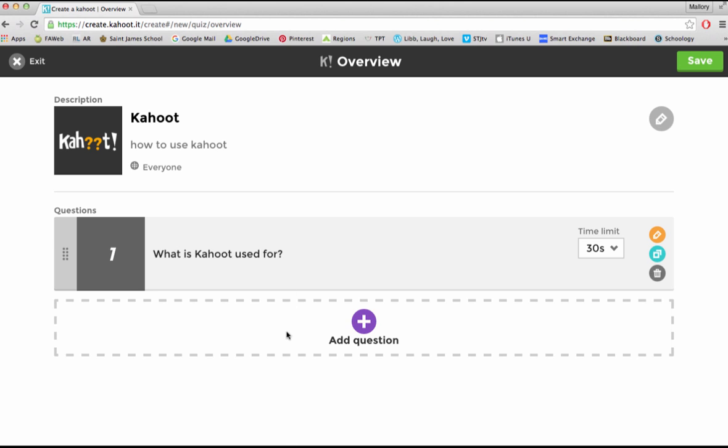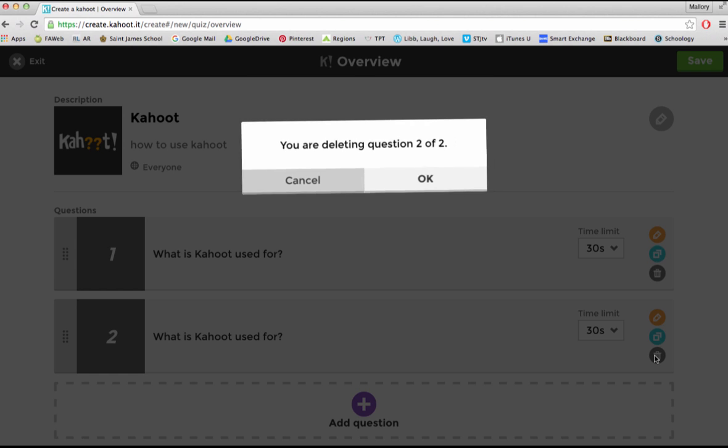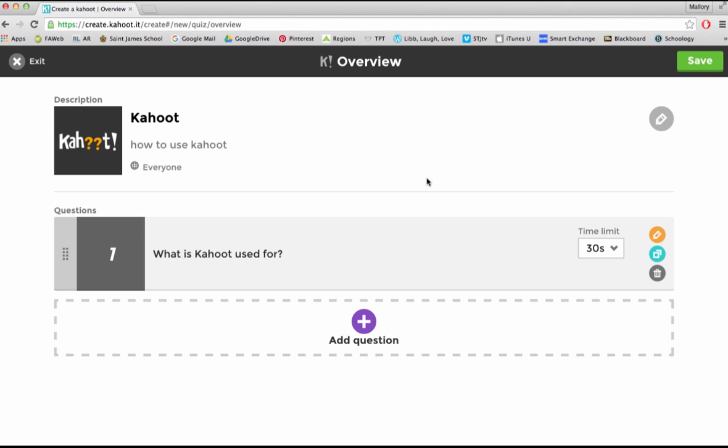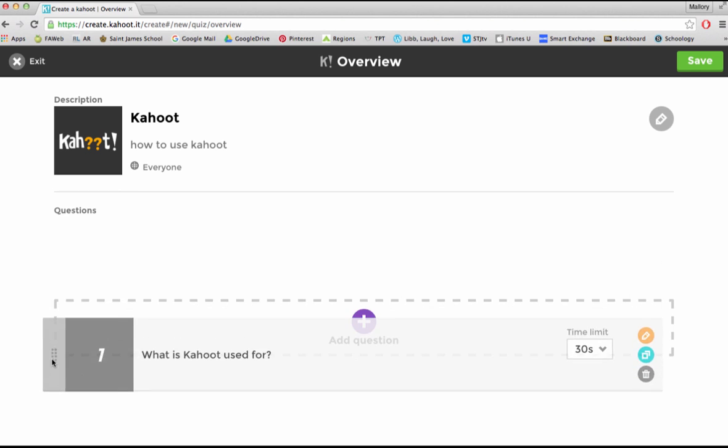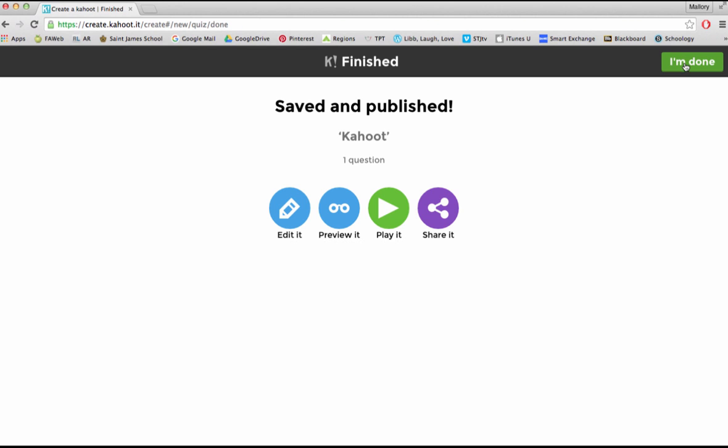Your questions will then come up right here. The pencil lets you edit. The 2 squares duplicates the question, and then you can also delete questions, and it's going to ask you if that's okay. When you've got all the questions you want, you can also rearrange them once you have several of them. You're going to click Save, and it's going to give you the option if you want to edit it,